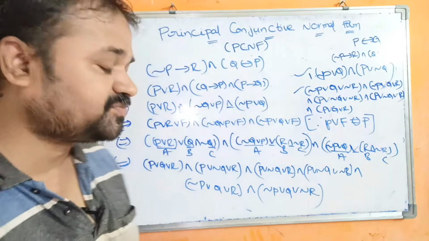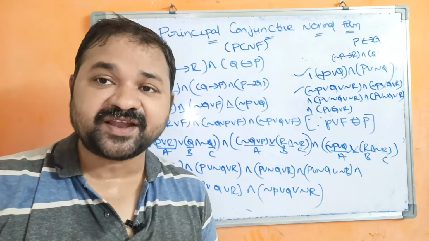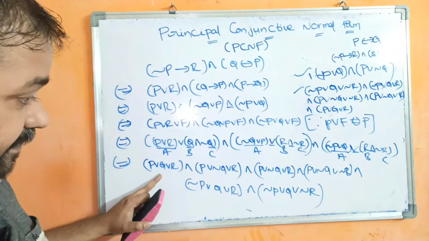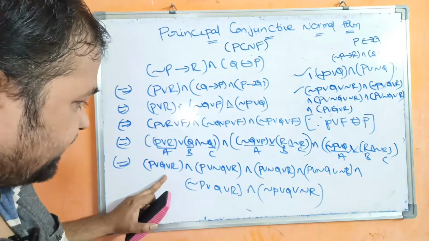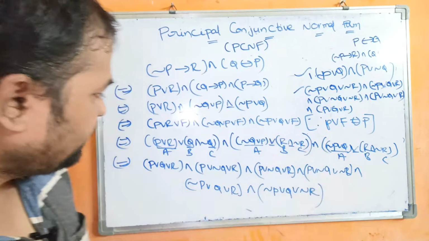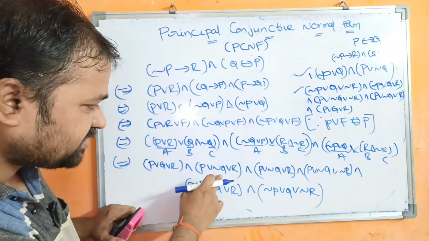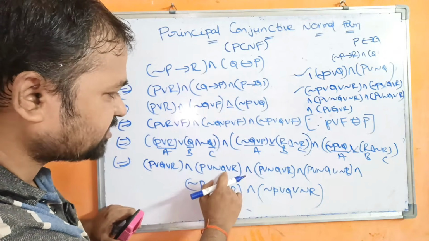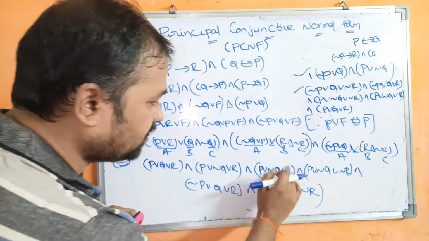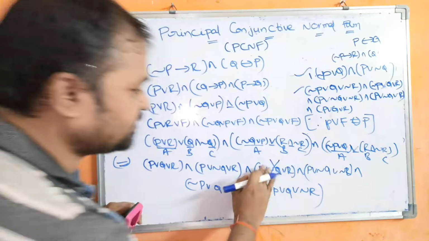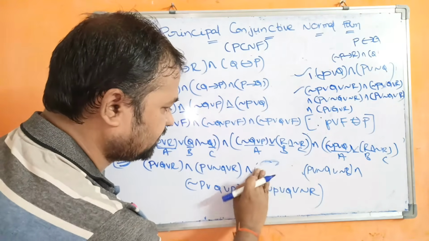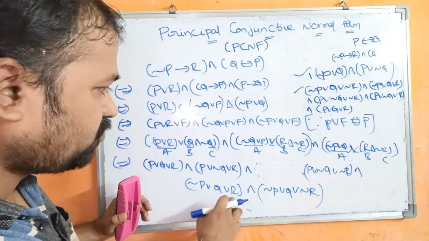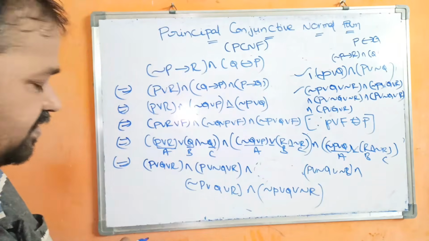Now we have to observe whether any identical max terms are there. If there are any identical max terms, then we have to write only one max term. Okay. If we observe here, P OR Q OR R, is it repeating twice? Only one term is there. Next, if we observe P OR negation Q OR R, it appears twice, so we have to drop this term. Let us eliminate this one. We have to write it only once. Okay. If you observe here we have negation P OR Q OR R, and P OR negation Q OR negation R. Okay. So this is the solution.